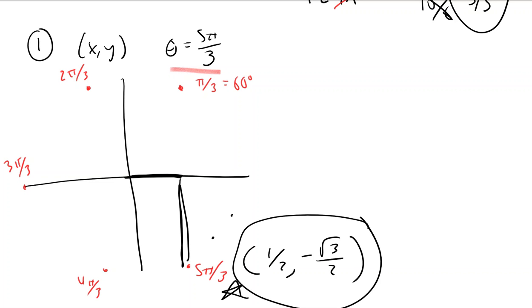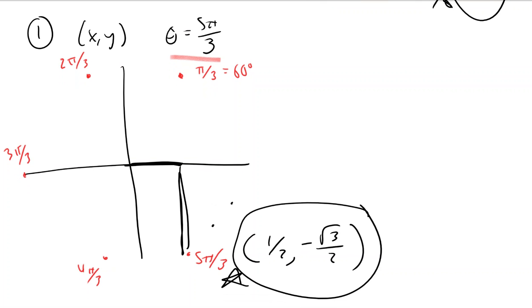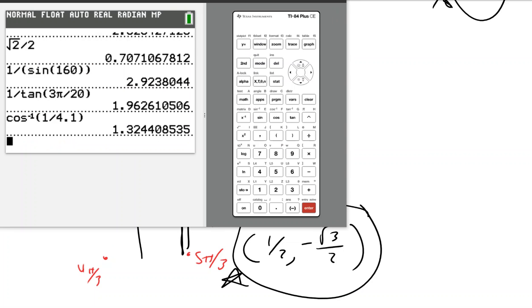Now, unit circle is by far the single most important thing we do this semester, so you do need to continue to practice that. But on your final exam, should you finish and you have extra time, this would be a bad idea to do up front because then you may not finish. But if you finished and you had enough time, there's nothing stopping you from going and saying, okay, well, what's the